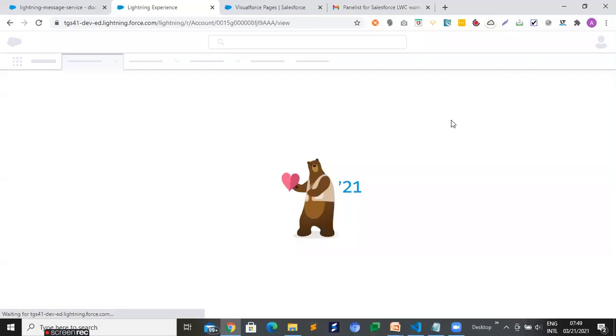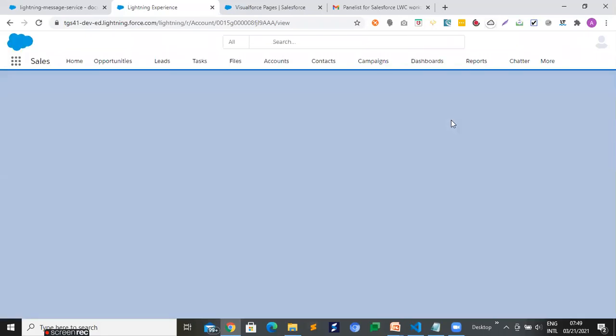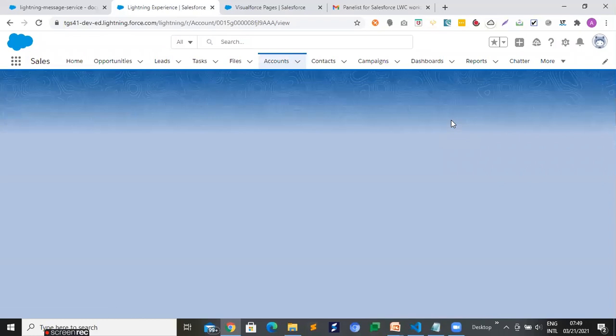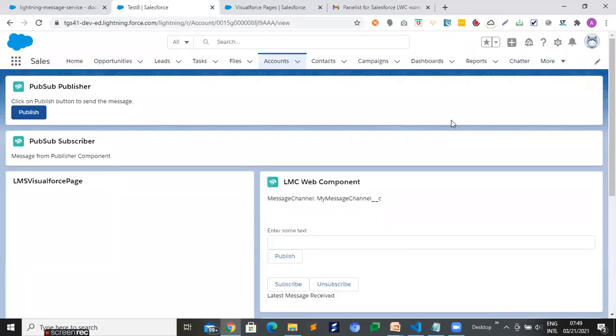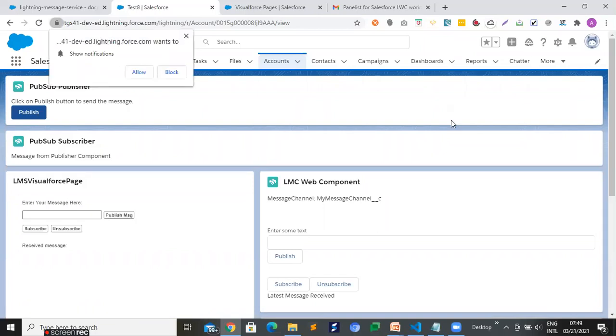So by using this concept, you can make communication between components that are unrelated, right? Basically, when we talk about a simple event, that event can be utilized from parent to child and child to parent. But when we talk about communication between unrelated components, like your VF page and Lightning component, your Aura component or LWC component, right?